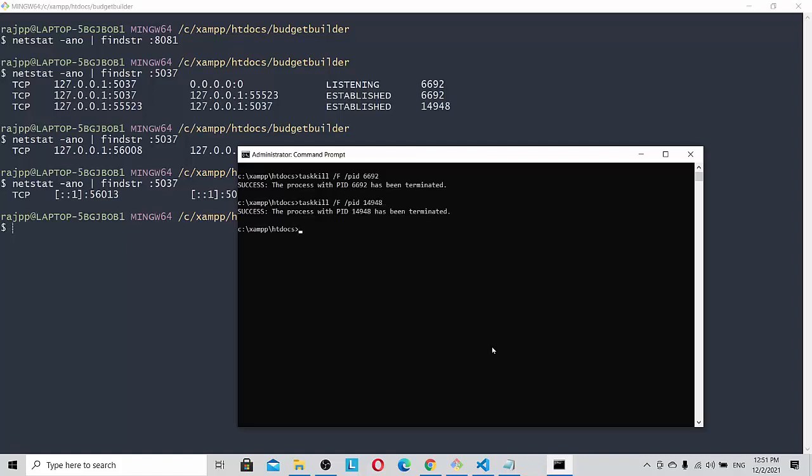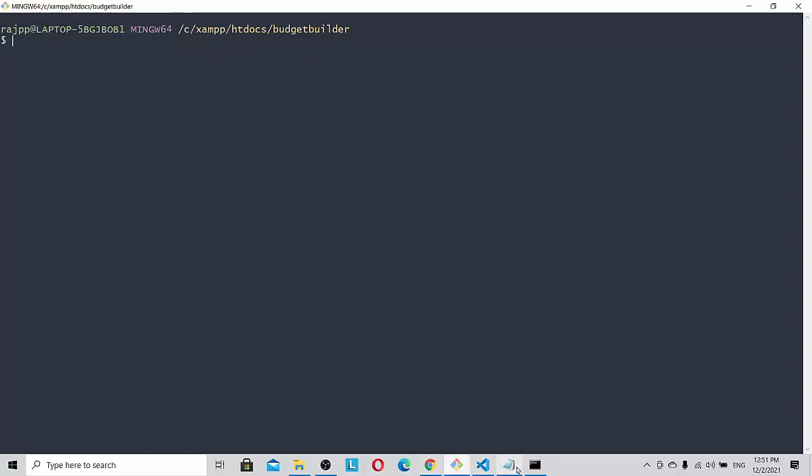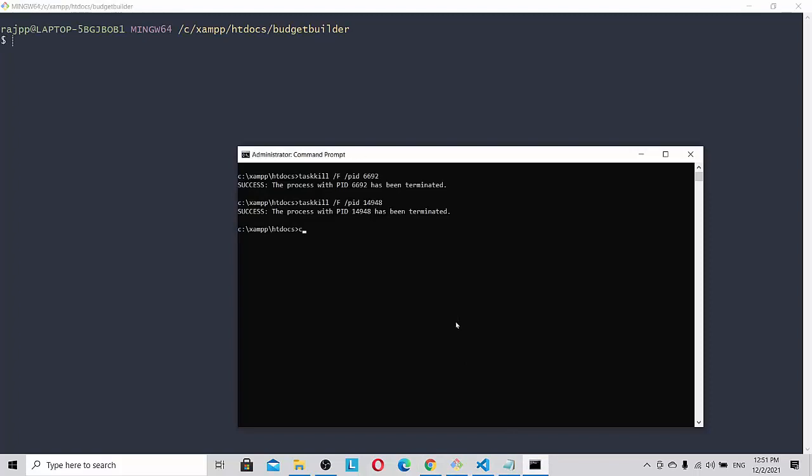14948 and then click it off. It has been terminated, and then let's click here. 5037 is clear. So let's clear the screen now, and let's clear here. Remember, it's CLS here. So once that is done,